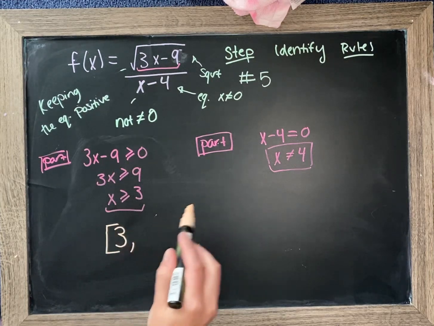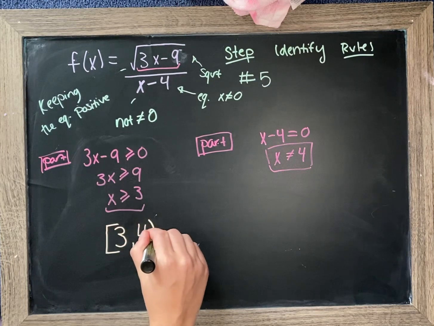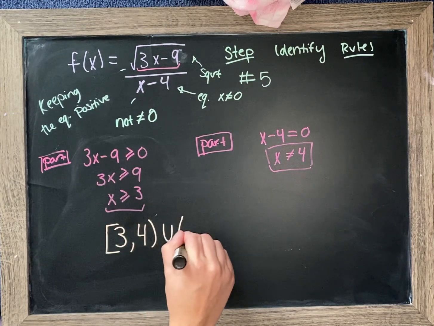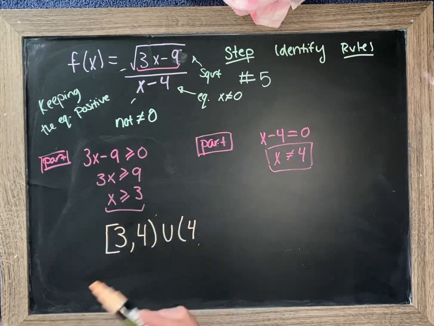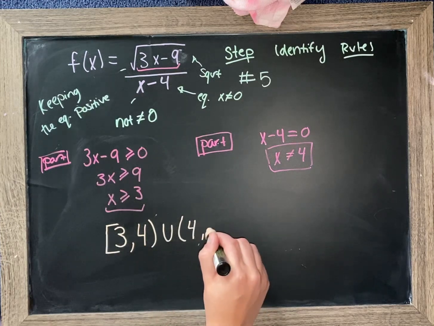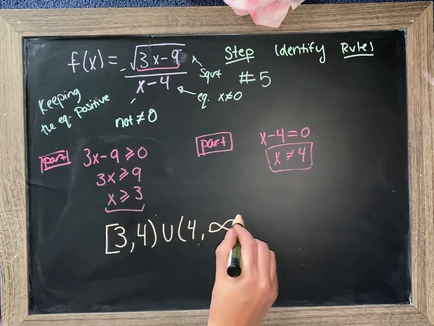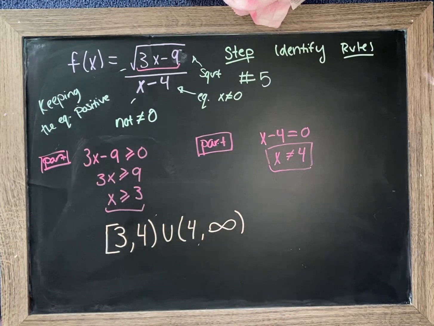And now it's going to stop at 4. Union. Just to show that even though x is greater than or equal to 3, it still cannot be equal to 4. So that's why you're including that 4 in there. And then you're using a parenthesis to show that 4 is not included. So that's how you would write out a problem like this,